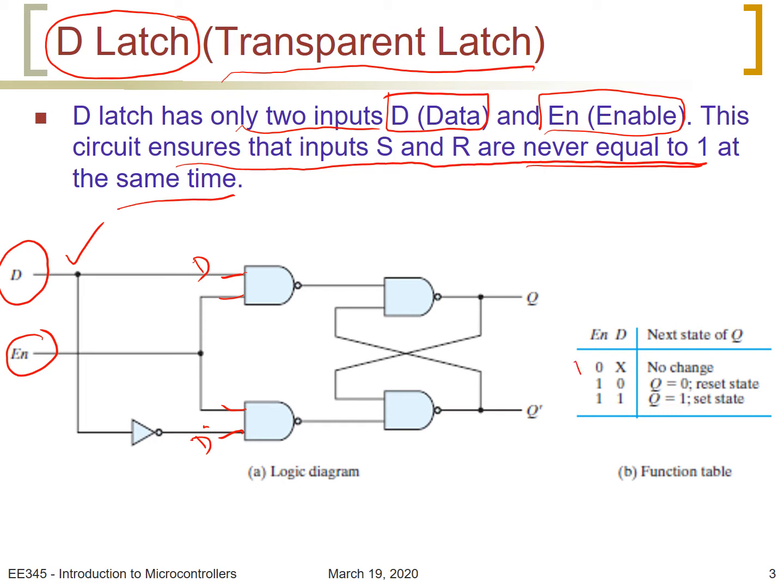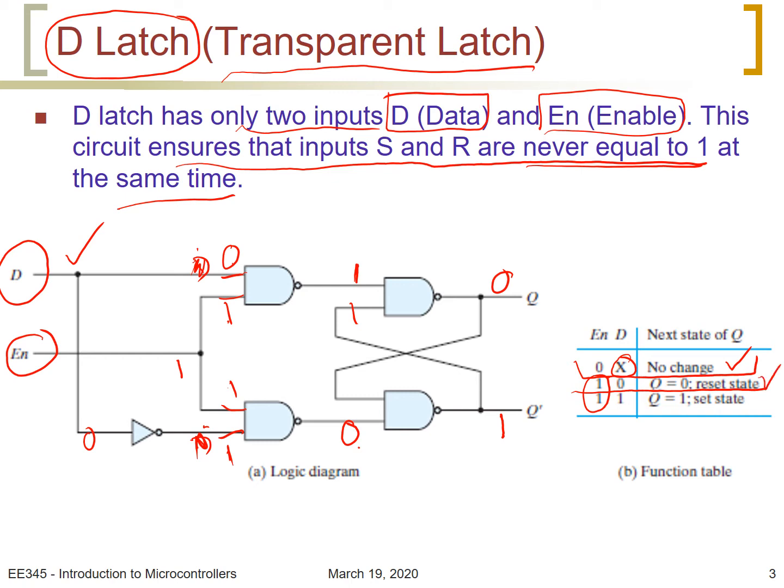The circuit will work as follows. If enable is 0, it doesn't matter what D is. D is don't care. We have no change. If enable is 1, if D is 0, so let's make this 1, 1, 1. If D is 0, this will be 0. This will be 1 here. And 0 and 1, 0, inverted 1. 1 and 1 inverted 0. And this 0 will make it 1 here. And this one will make it 0. So if enable is 1 and D is 0, Q is 0, and we say that the latch is in